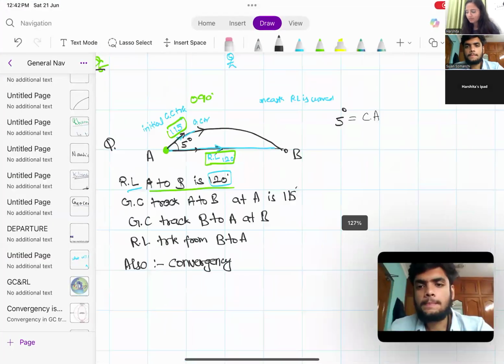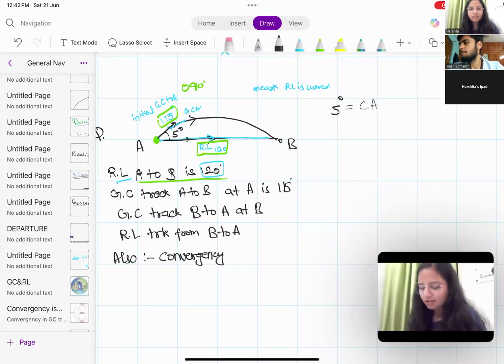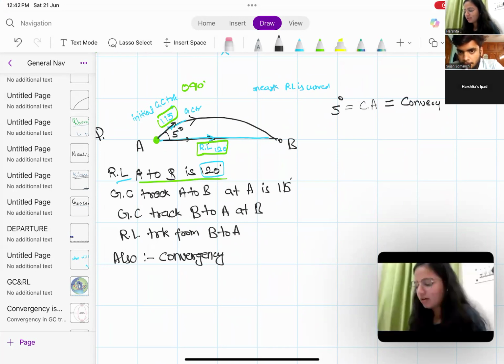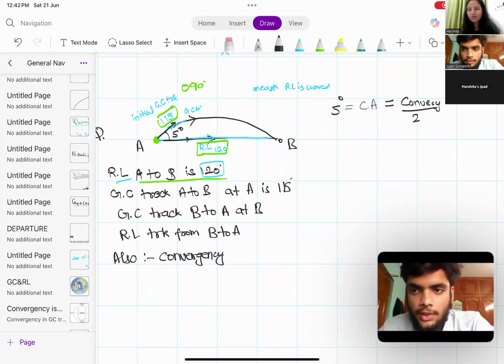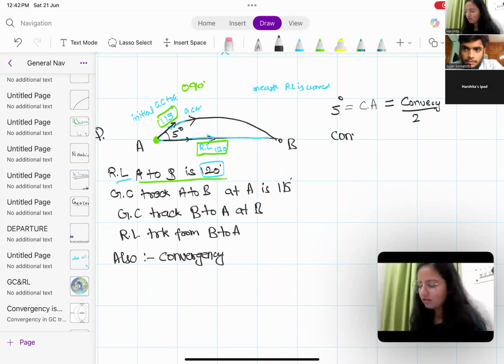All right. So this is what we were looking at. This 5 degree was the conversion angle. And conversion angle was convergency divided by 2. Are we happy till now? Yes. If I ask you what is the value of convergency,